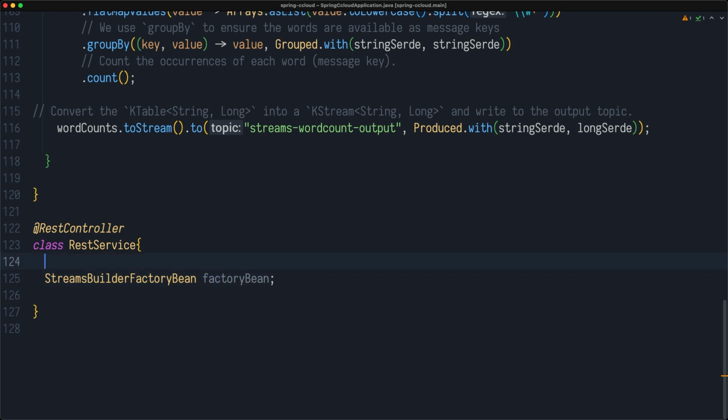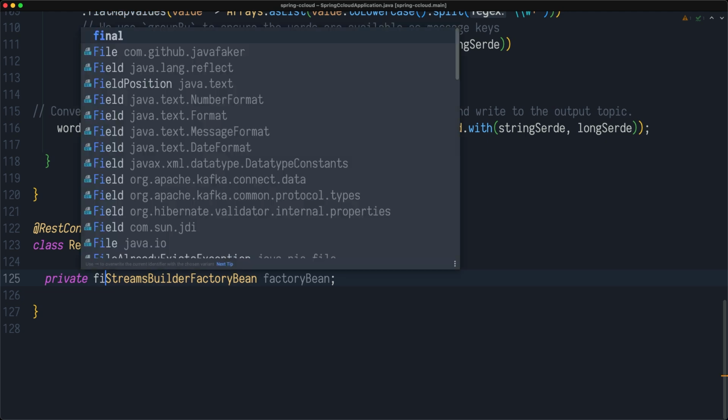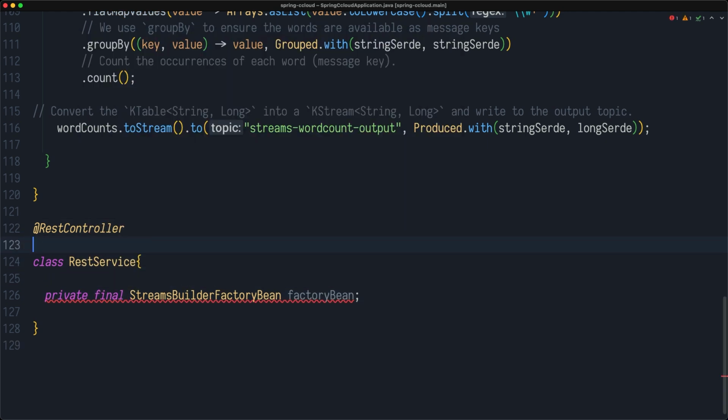So that's what we're going to be using here. And it's going to be private, final. We're going to be using a required args constructor as well to generate this. So that we'll be using this. And the next thing is the public method. Say, we need to get a count, so it's going to be long and get count.